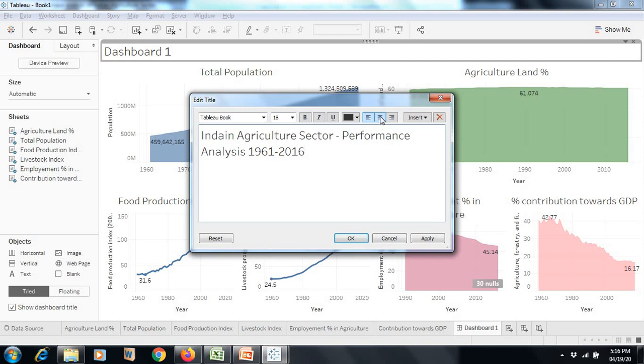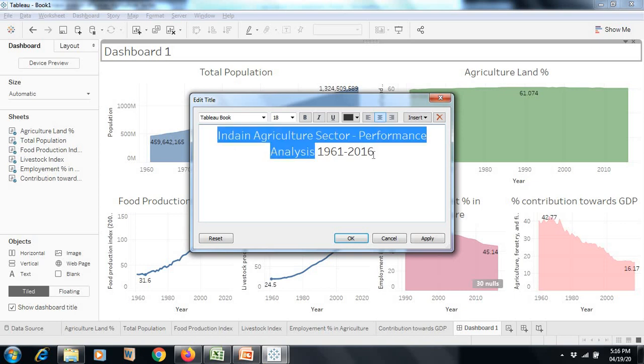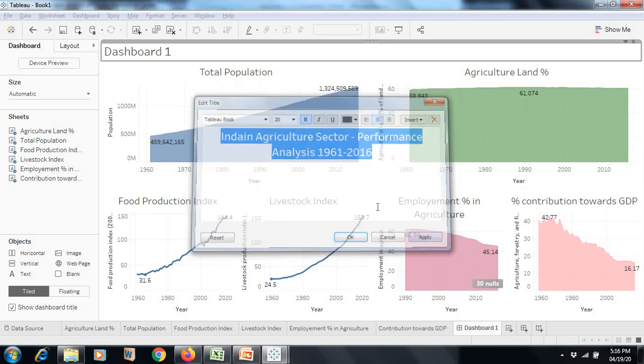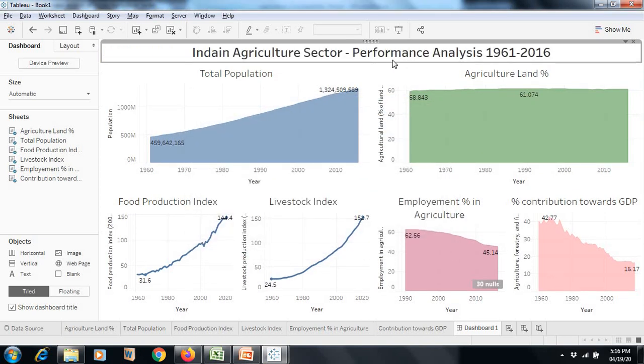I want to make it centered. You can make it bold also. You can increase the size also. Instead of 18, I make it 20. So this is a header.